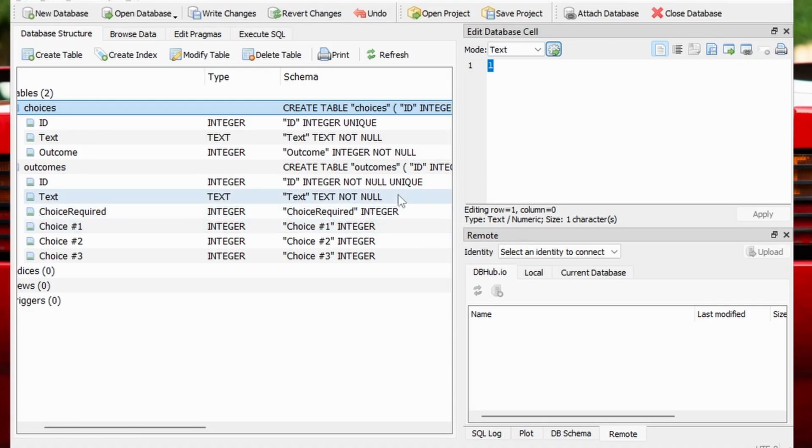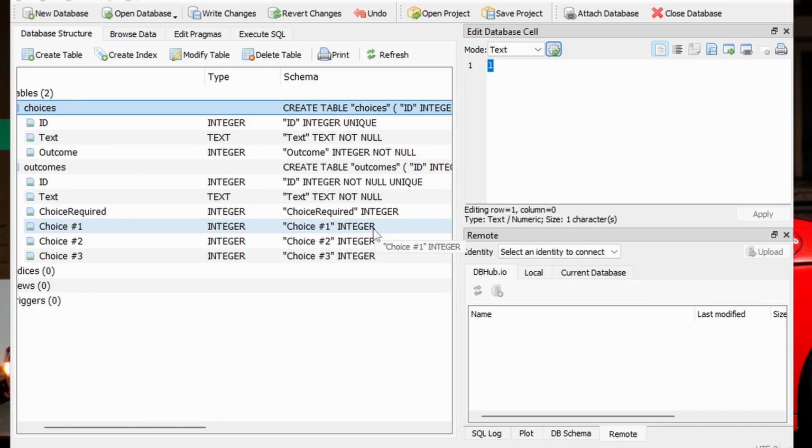And not only that, but not null, you actually don't want that too, because for a boolean, true is 1 and false is 0. And in this database browser, or in the database, if you do 0, it means it's null. There's nothing there, non-existent. And we don't want that, because if you set that to not null, that means we can't have the 0 integer. Same thing with the choices, because sometimes you only have 1 choice, sometimes you have 2, and sometimes